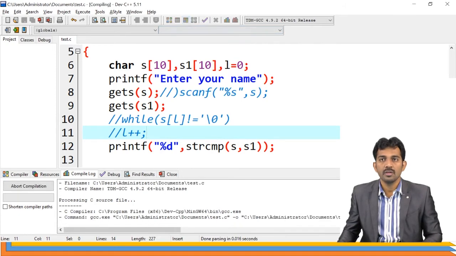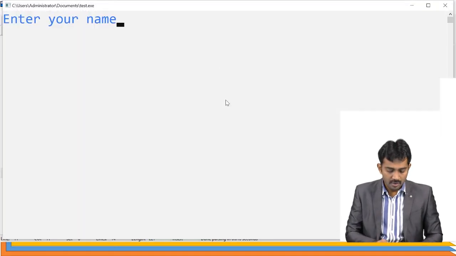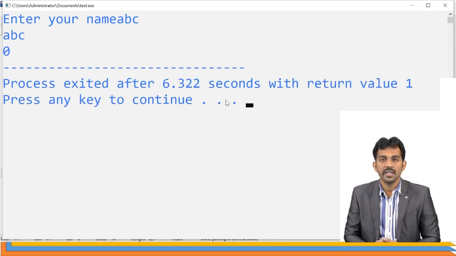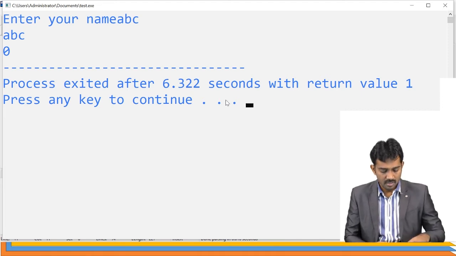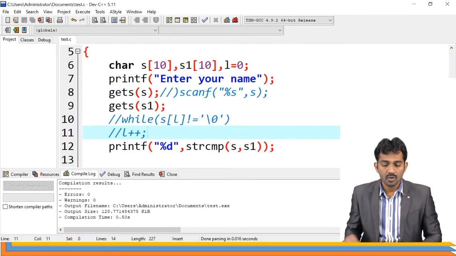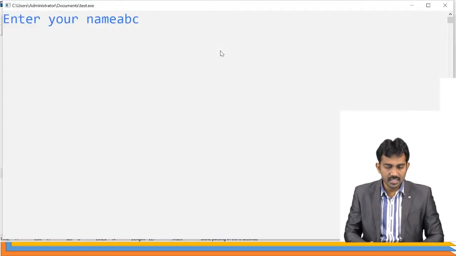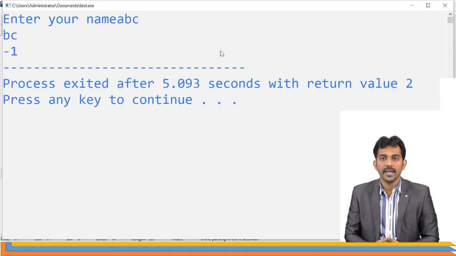If you run this code, the first one is ABC, the second one is ABC. The value is 0, right? Both are the same. If ABC is the first string and the second string is BC, then see, -1.